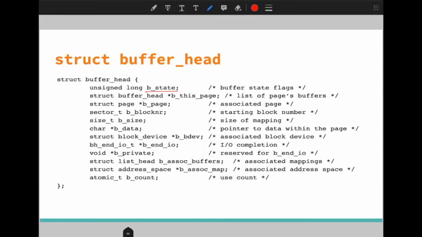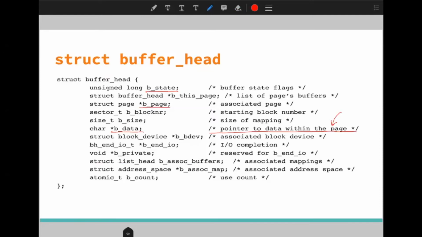This is the page address with which this buffer is associated on the disk. And here you can see this is the pointer to the data. It points to a particular block inside the page, and that represents the disk block.